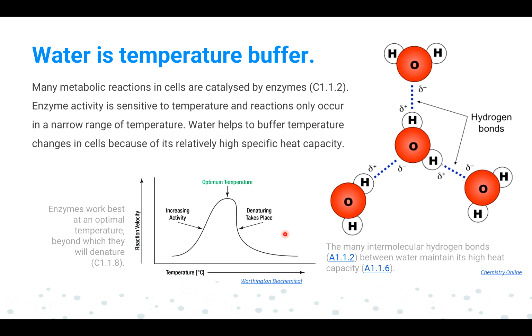Now the question is, who is helping in maintaining this high specific heat capacity? So this high specific heat capacity is a gift of the hydrogen bond. The hydrogen bond is a very friendly bond, right? Why am I saying friendly bond? Because it immediately forms, right?